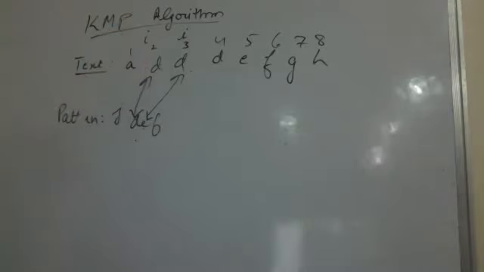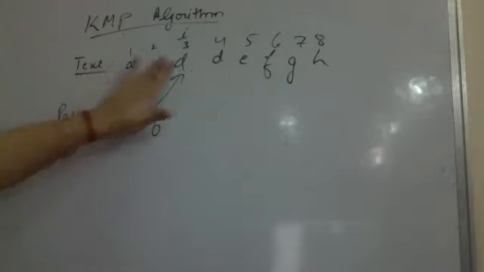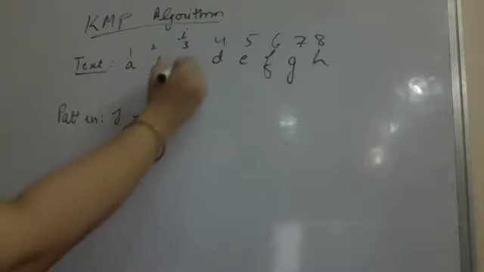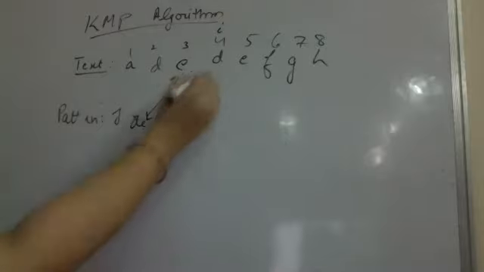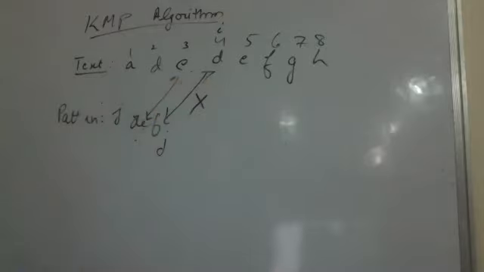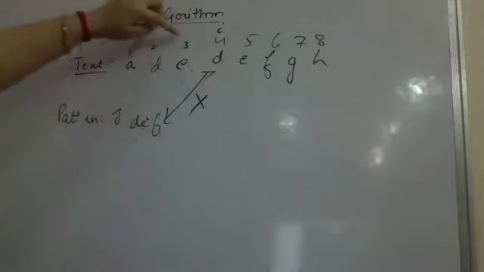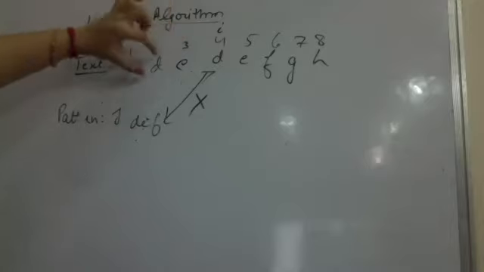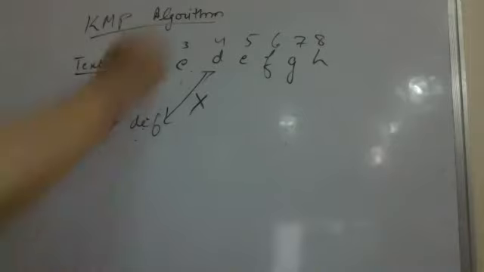I also has to move to the left element. You have to understand that now I will be beginning with this D again; it does not move forward. Supposedly this was E, then there is a match. I will go here, J will go here. Again I match, F is not equal to D. So the next time my search begins, it has to begin with this location of the element. Since we started our substring with D, I has to move back till this point, and J is moving back here.